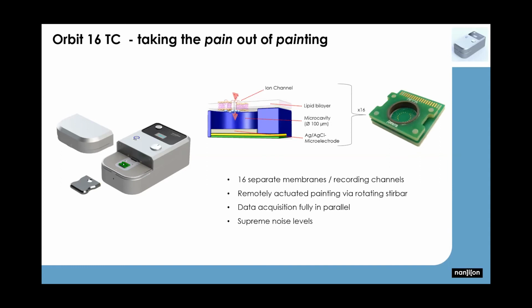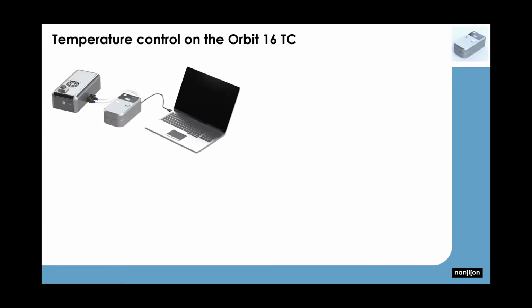And in the MECA 16 chips, you would actually have 16 of these cavities that are all spanned by individual bilayers just at the push of a button. And we did the same proof of concept for this device as well. So this is how the whole setup would look.